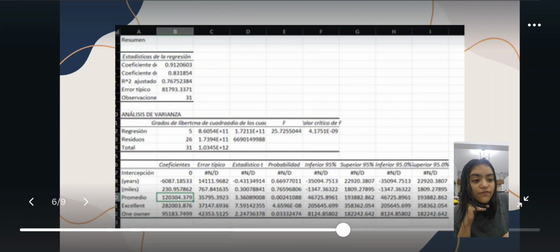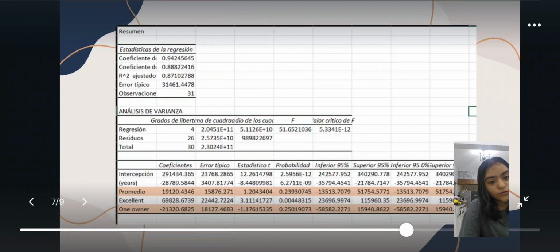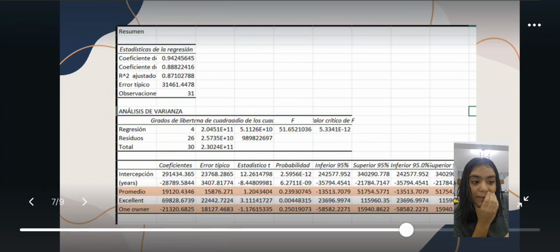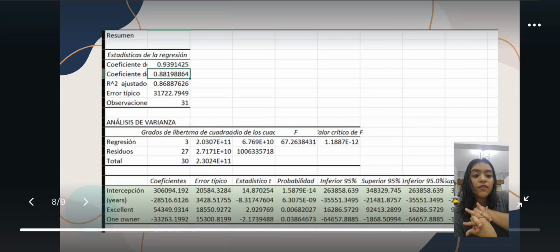We proceeded to do the other. And we found that when we got rid of the miles, we have other two that were not within the limits. That was the one owner and the average. So we eliminated the average, and that's when the model passed all the tests, because all the p-values were under